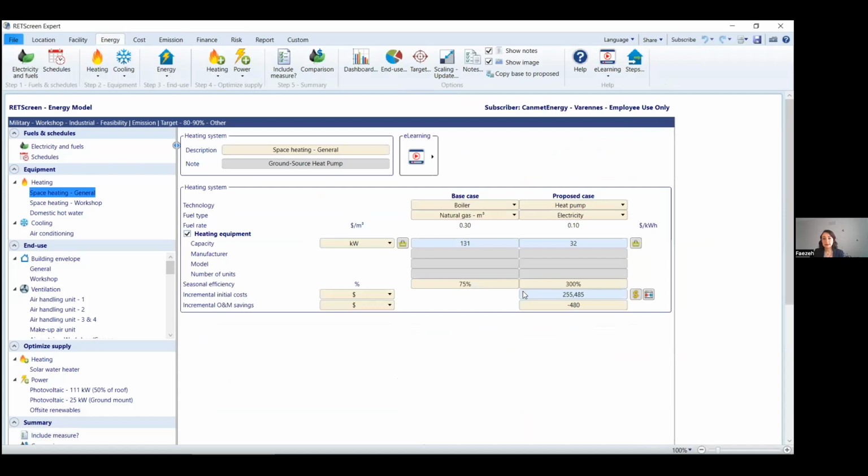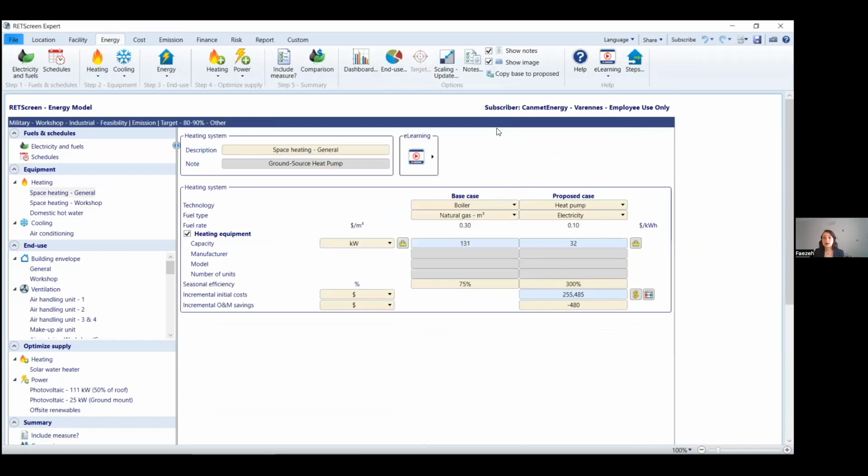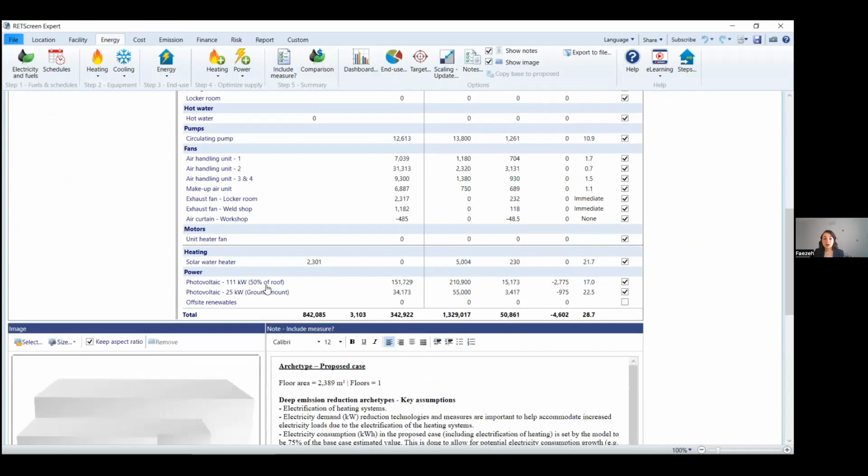When I go to the space heating, you see that it's a ground source heat pump with a much higher efficiency. And to be able to achieve the goal of 90% GHG emission reduction, you can see that it's just above 90%. And also to reduce the electricity consumption in the proposed case, other than having a much more efficient electric heating equipment, we need to add a larger photovoltaic system on the roof, which covers 50% of the roof instead of 22. And we also need a 25 kilowatt ground mount